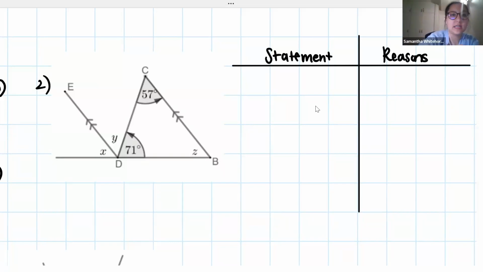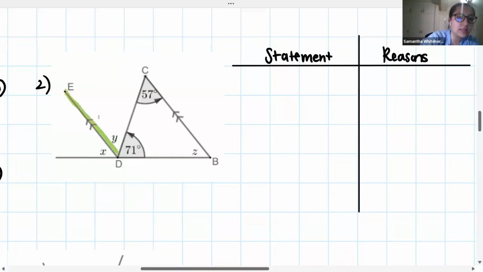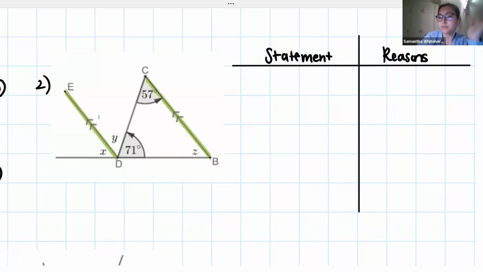Right, grade 8, let's have a look. So remember, first thing I'm always going to do is identify my parallel lines. DE, or ED, doesn't matter, is parallel to BC, or CB, doesn't matter. Now again, I am only going to use the reasons that we have learned so far, the straight line reasons. I will explain the triangle reasons briefly, but I'm not actually going to do them properly because we haven't done